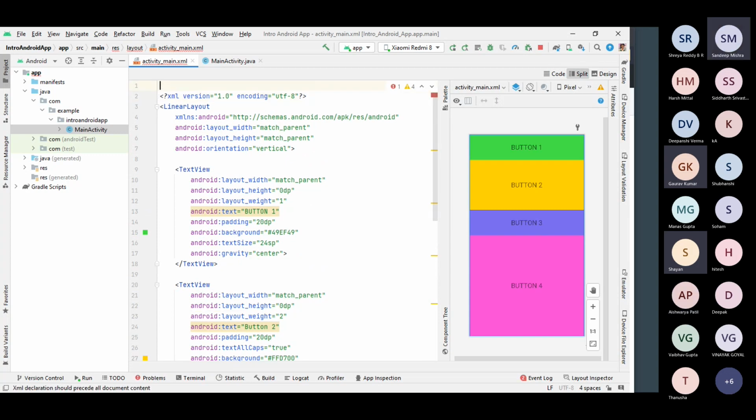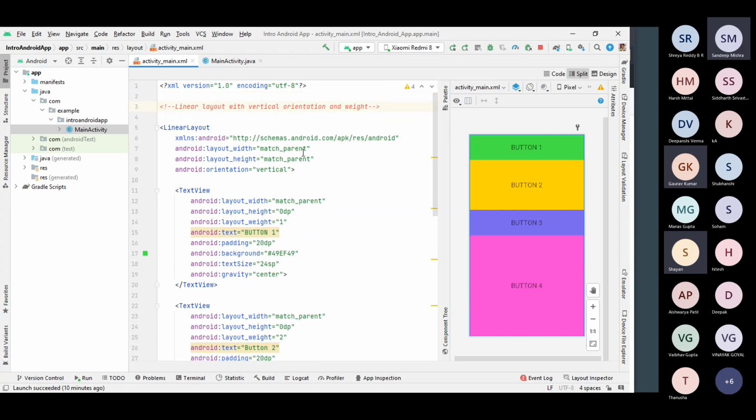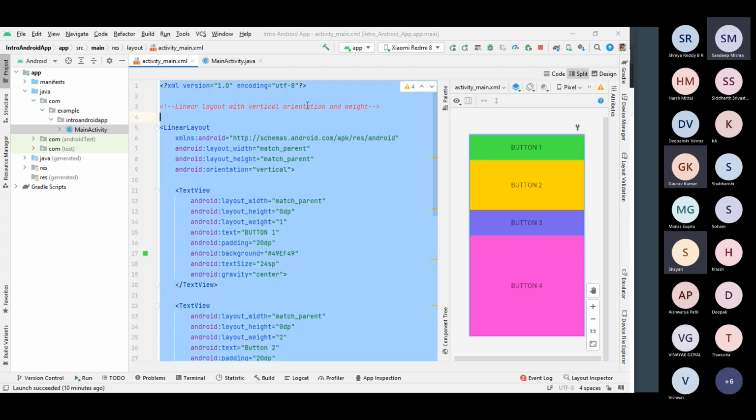So I'm just writing one comment here. Sorry, writing: linear layout with vertical orientation and weight. I'm just writing this comment so that you can get to know what we are doing when you refer to the GitHub gist file. So that's it about the weight in the vertical orientation. I'm just saving this